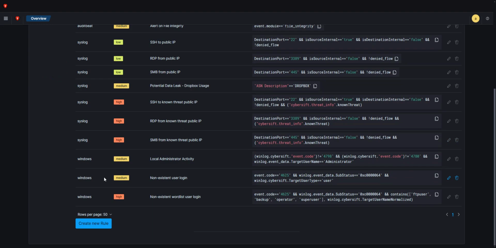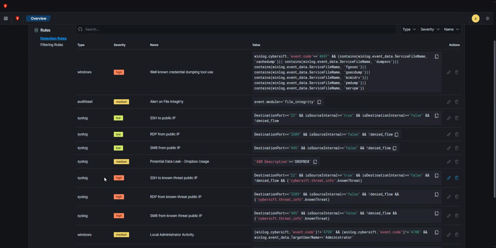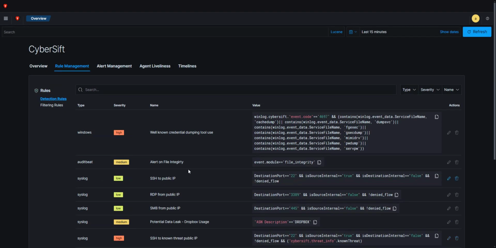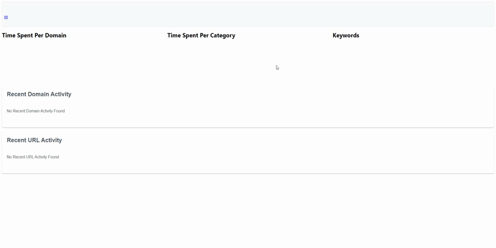Some of them are pre-built rules that come from our internal SOC team, but you are obviously very welcome to create your own. So let's see exactly how this works. First of all, the thing to note over here is that all these rules are defined in a language called JSON. So I'm going to open a new